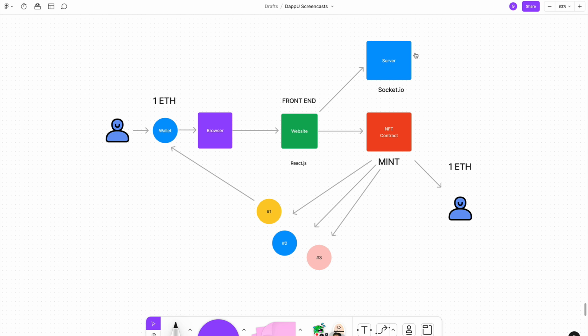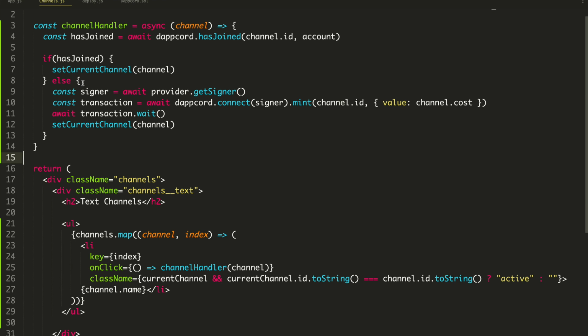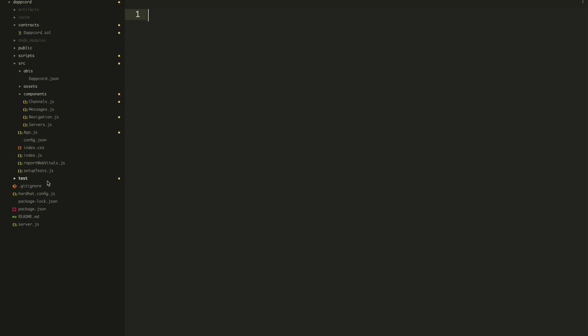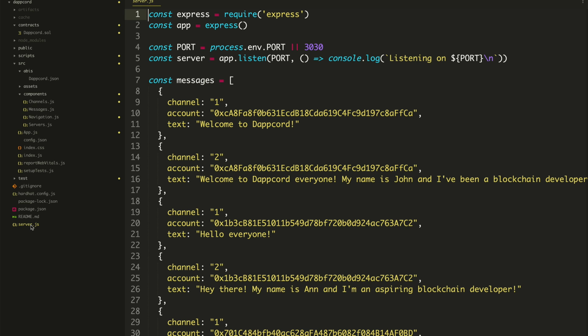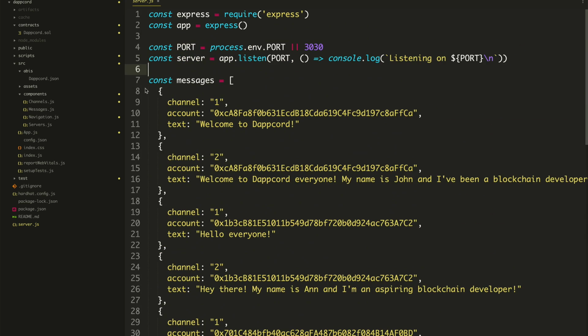So if you go into your project here, let's just close down some of this. All right, we don't need all this. You're going to see this server.js file here, okay? So our blockchain stuff is inside the contracts directory. Our front-end stuff is inside of the source directory, and this server.js script is literally the done-for-you script that's going to let you do chat messages. Okay, so I'm going to collapse this